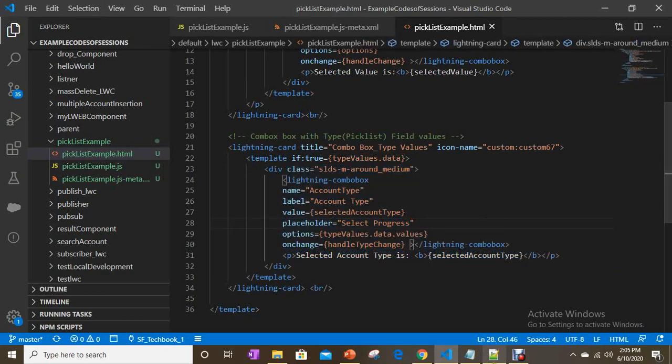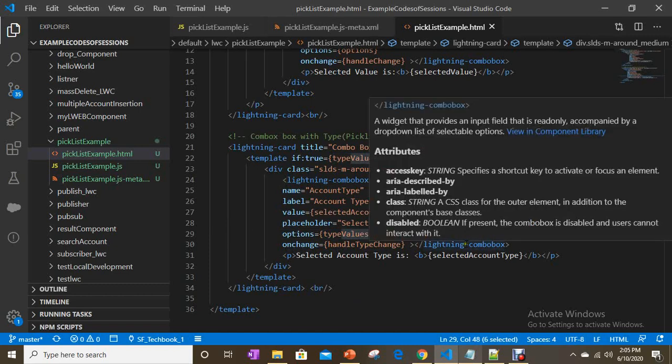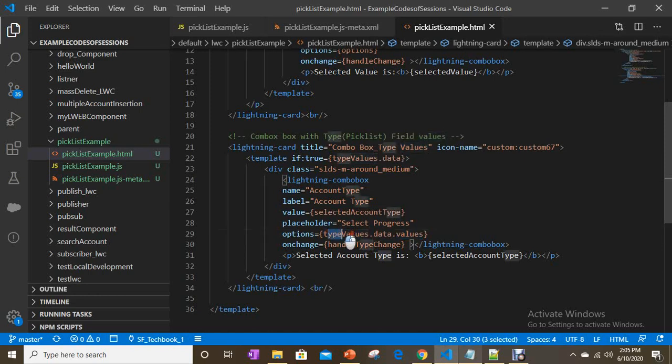And to get the pick list values, you just need to use the values property of the data property. So here, type values is the wire property dot data dot values. Simply, it holds the pick list values from the type field. And when the user changes, with the help of the handle type change method, we are displaying the selected account type.